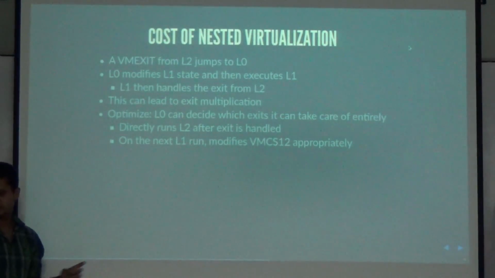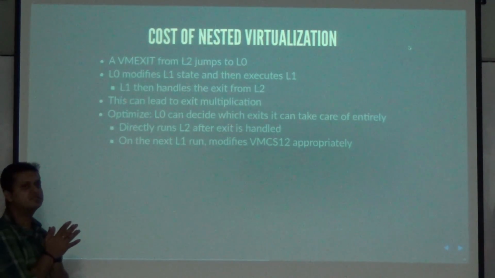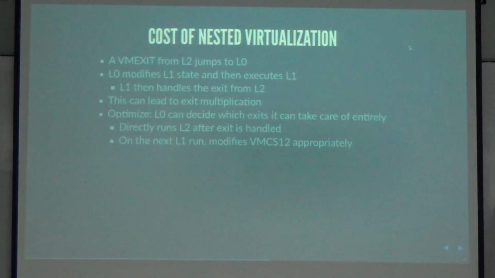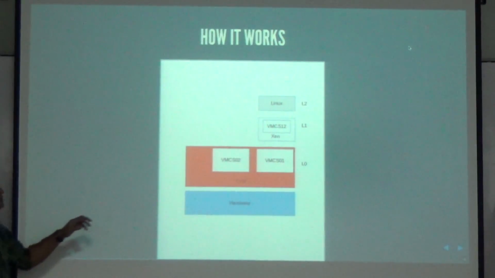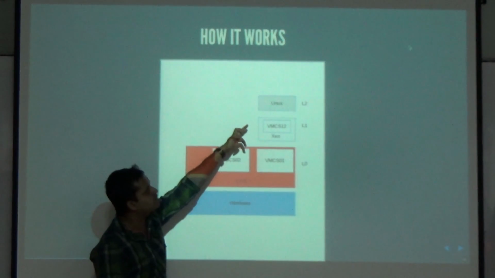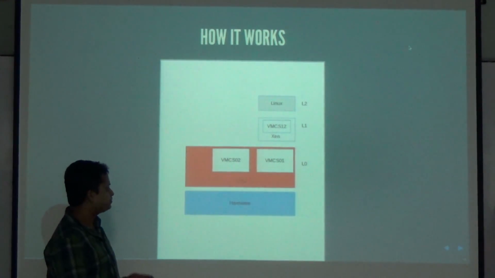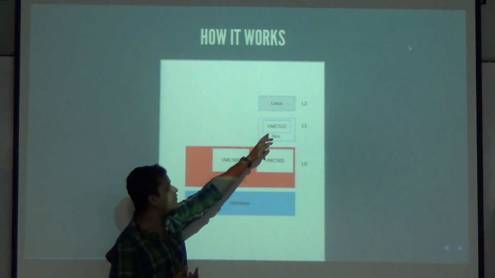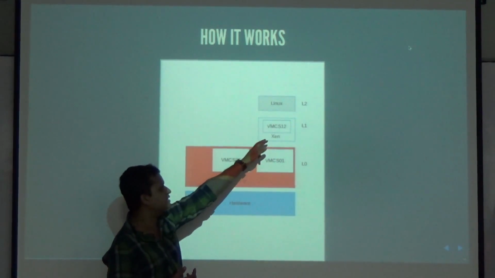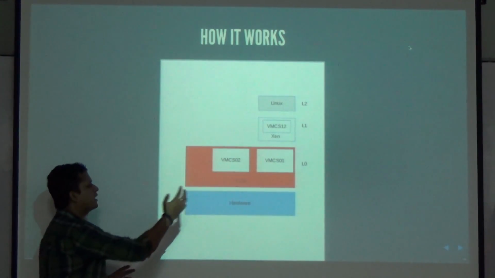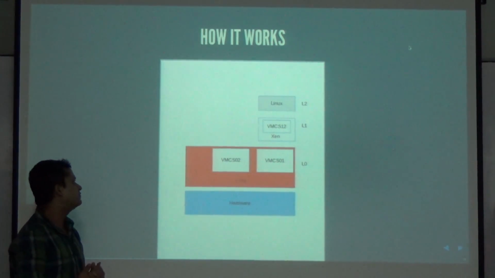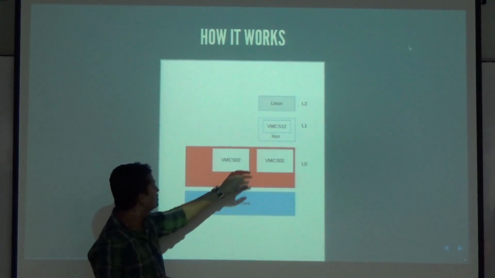So as I mentioned in the previous slide, the main cost, even though this is hardware-based virtualization, is the huge number of exits. So if we go back, as I said, for example, let's assume that L2 is running right now, and then something happens. For example, we have to make sure that this guy over here has to make progress. So the way it makes progress is, for example, by making sure that KVM injects a timer interrupt, which is regulated every second, for example, or every 100 milliseconds.